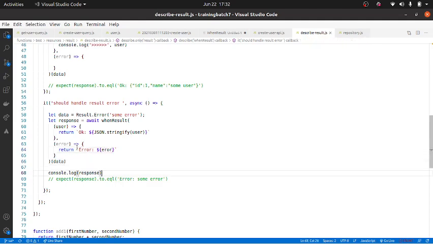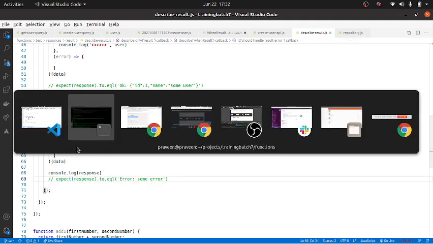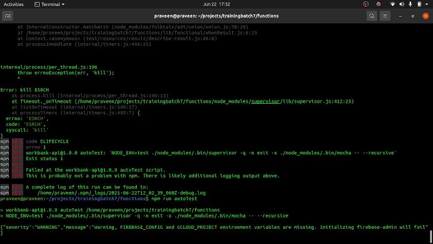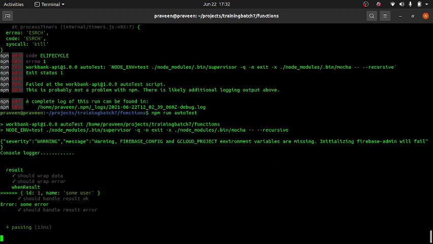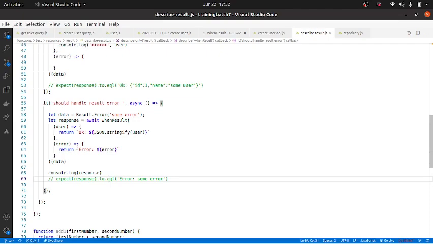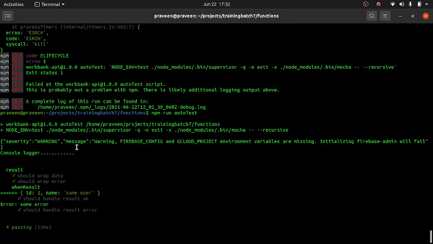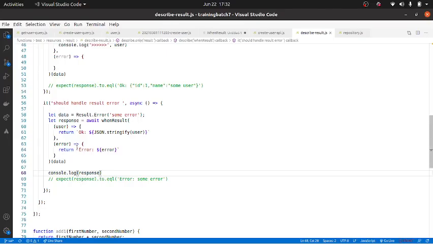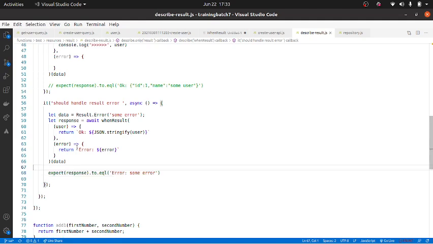Here it is taken care of, response is some error, so I'll uncomment this so that these test cases pass.